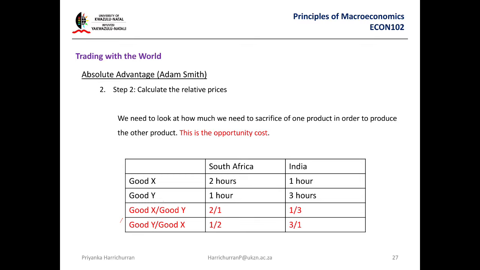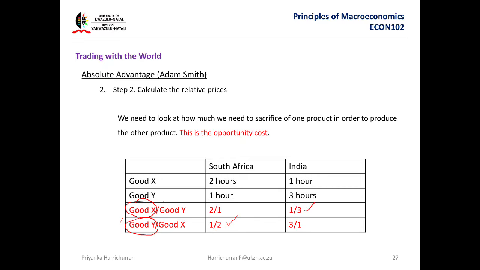How do you interpret it, right? When you say good X over good Y, good X is your subject. So when you're talking about which is better in doing good X, you need to look at these numbers and it relates to good X. For example, the smaller number will be the better one. 2 over 1 is just 2. 1 over 3 is 0.3333333 forever. So this is smaller. 1 over 2 and 3 over 1, which is smaller? This is 3, this is half, this is 0.5. So smaller is this.